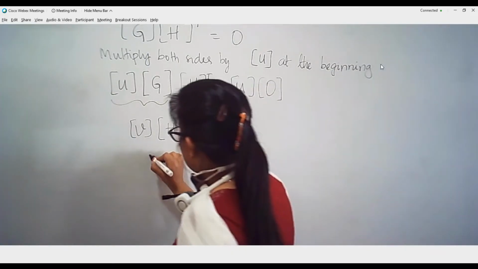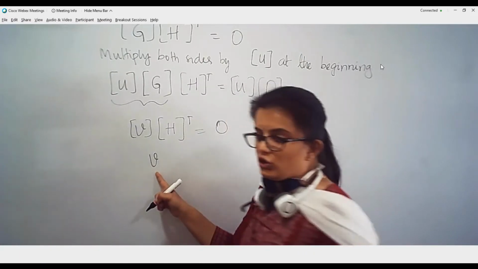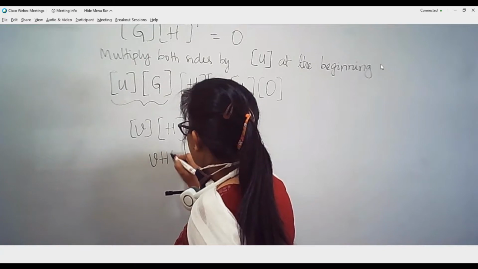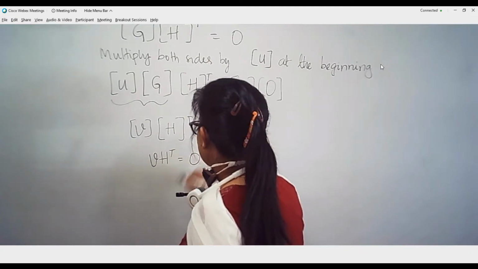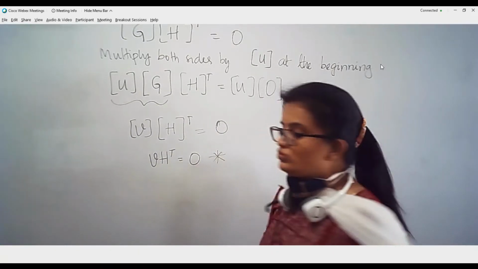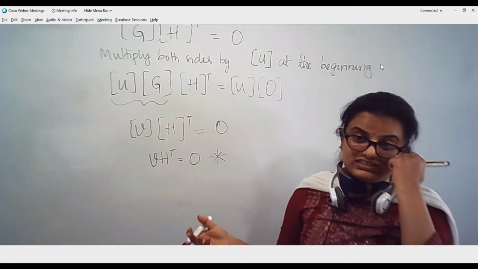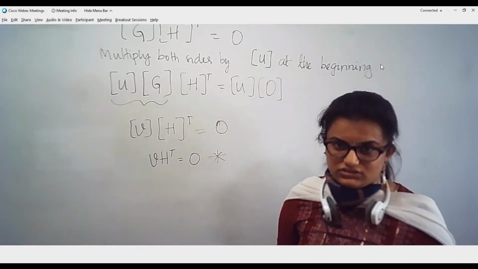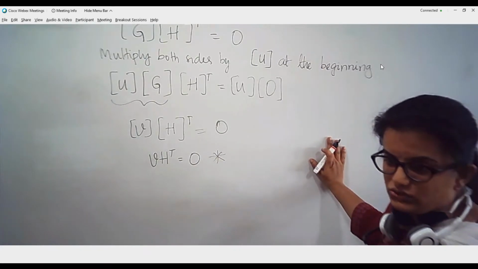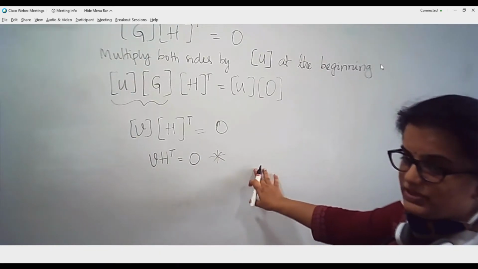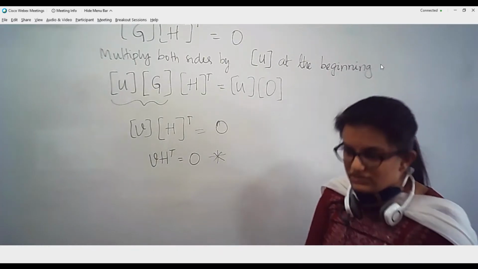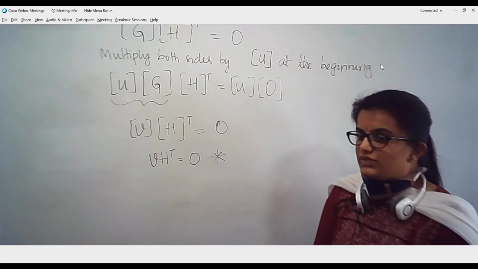Therefore, we can say that when you obtain a proper code word and multiply it with your parity check matrix, you are going to end up with a 0. This result is very important in order to understand the concept of error detection, and error correction also. This is especially important in the error detection process that we are going to make use of in our receiver section. So please make a note of this.